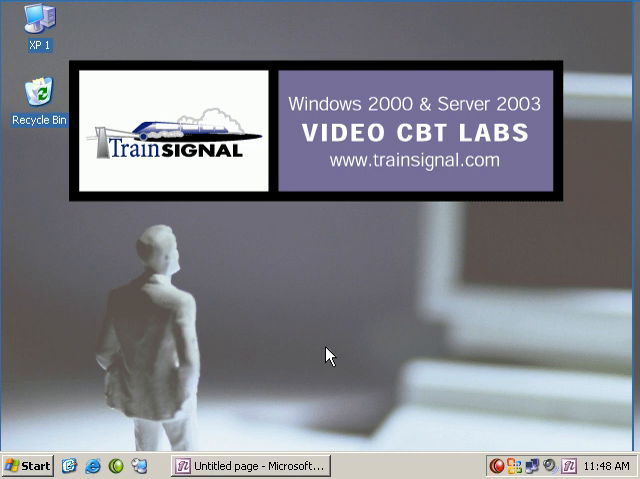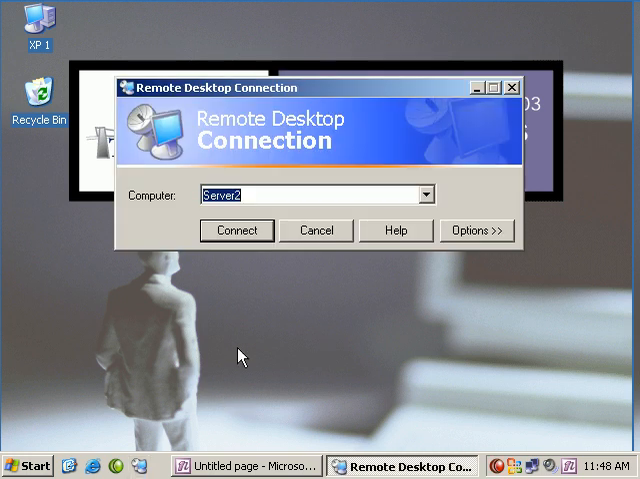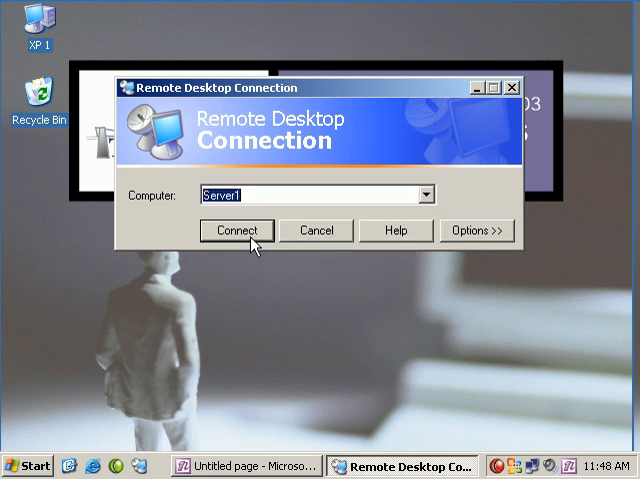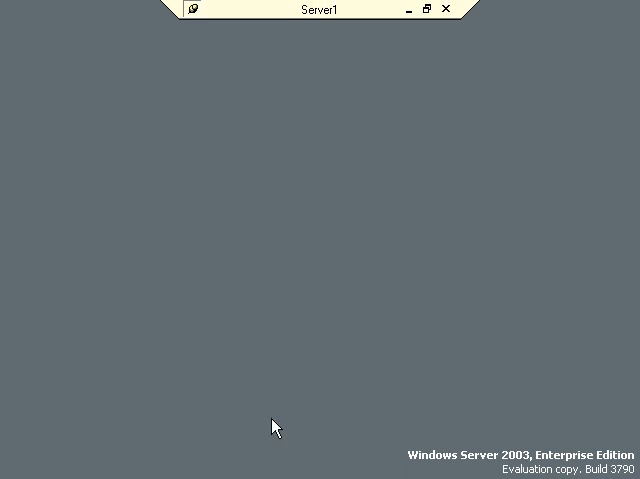Now we're also going to be working with those other two servers, Server 1 and Server 2. And we're going to connect over to these machines using remote desktop. So we're going to form a remote desktop connection. First, let's connect over to Server 1. In Server 1, we'll just click Connect. And we're using a NetBIOS name of Server 1, but we could also use the IP address, that would work just as well,